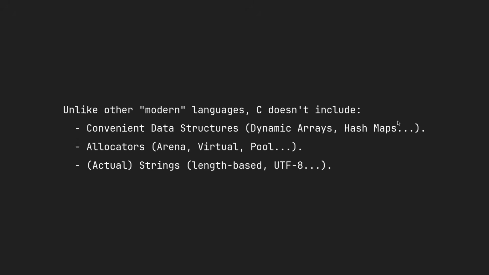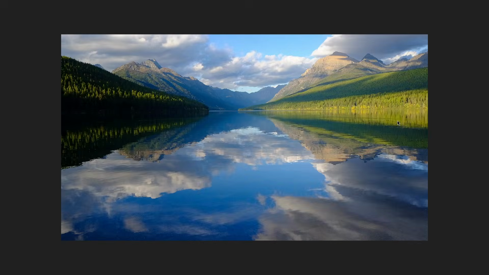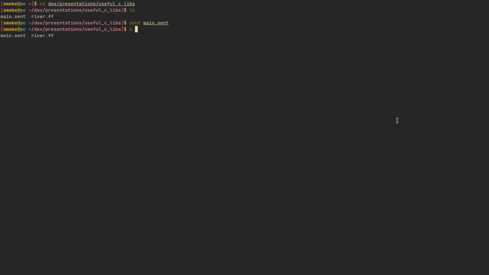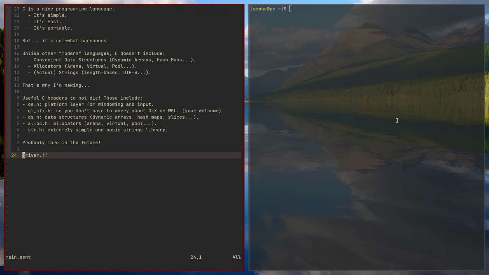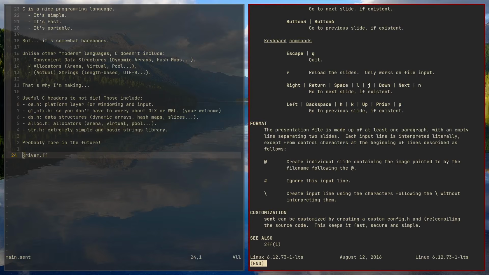And now let's go to that presentation again. So presentations, whatever, sense main.sense, and there it is. Okay, now this is supposed to be kind of a tutorial, so I'm going to show you all of the things, but at this point everything is in the man page. You don't really need